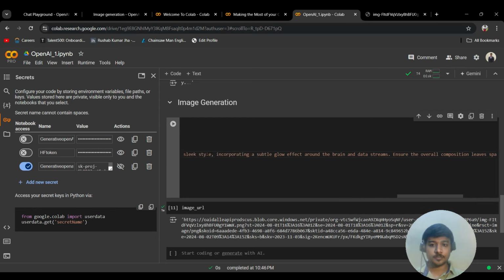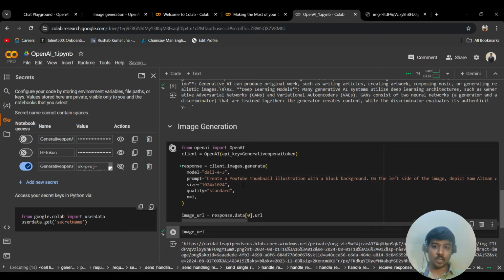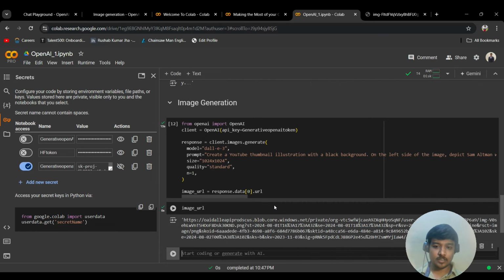Okay, it is that. This is the prompt. Let me rerun it once again. Probably it will give me a better response this time. It will take some time to create the image. Obviously, it has to generate it as well, right? So it might take a couple of seconds. So it's rerunning it, and it'll generate me a new URL.